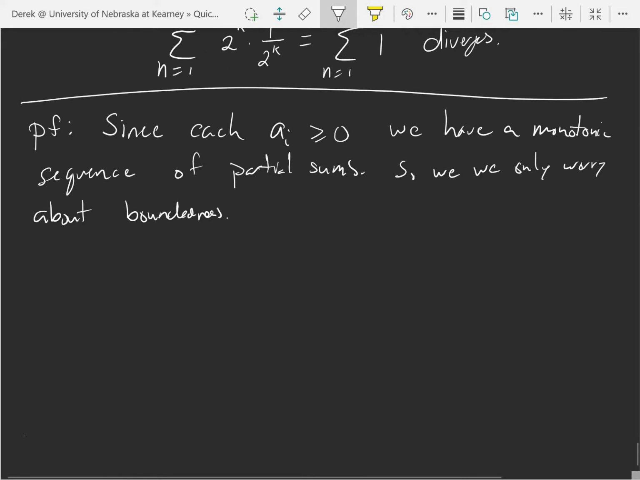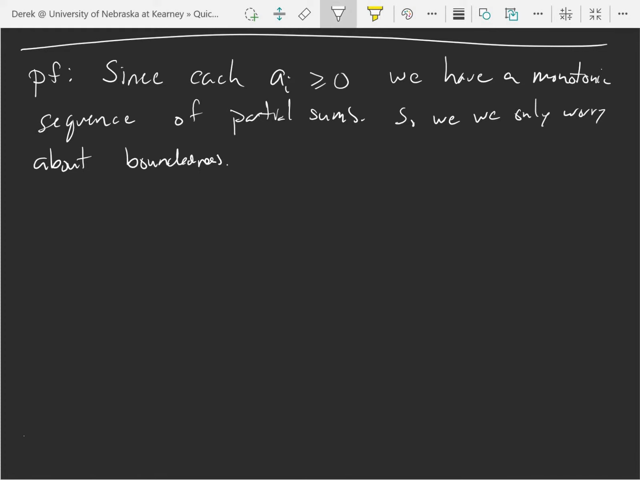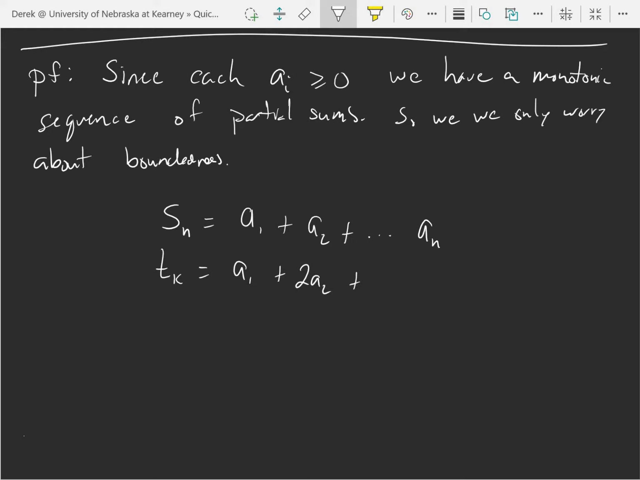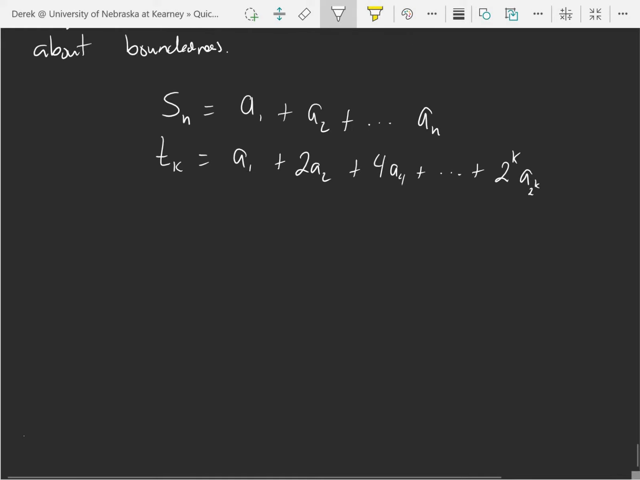Okay, so let's look at the partial sums of both sequences. Let's look at S sub n equal to a sub 1 plus a sub 2 plus ... plus a sub n, and let's say t sub k is equal to a sub 1 plus 2 a sub 2 plus 4 a sub 4 plus ... plus 2 to the k a sub 2 to the k. Okay. Then